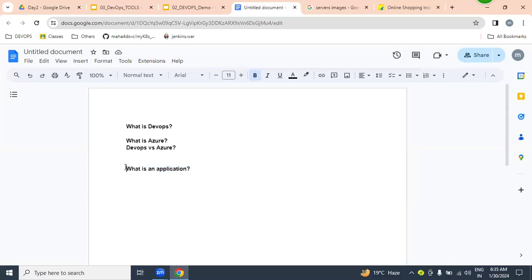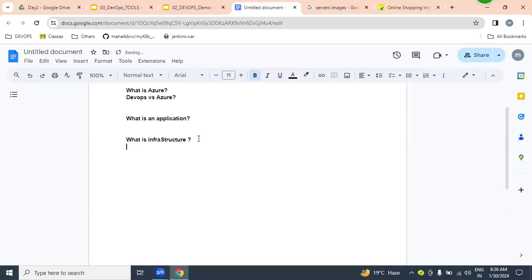But for deploying our application, for maintaining our website, what kind of infrastructure is required? Servers are required. Database is required. Storage is required.